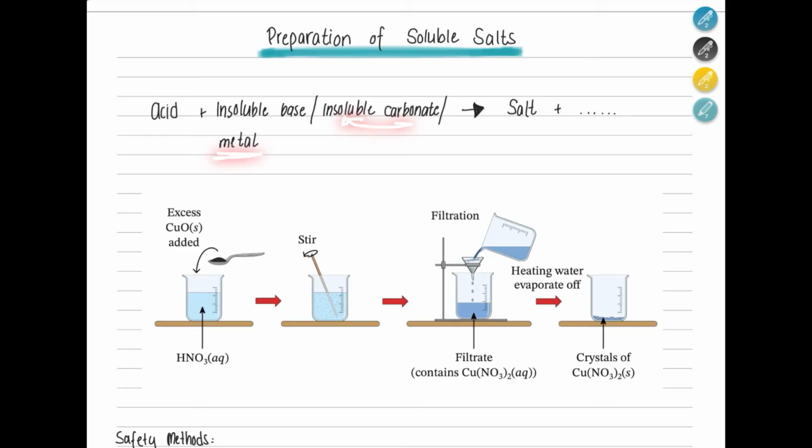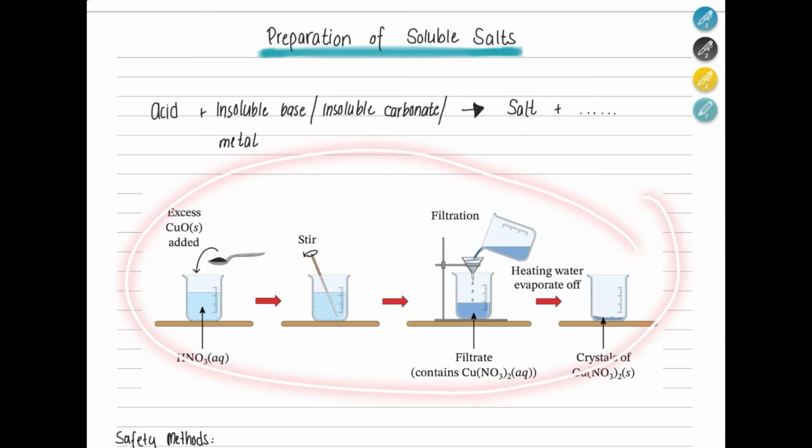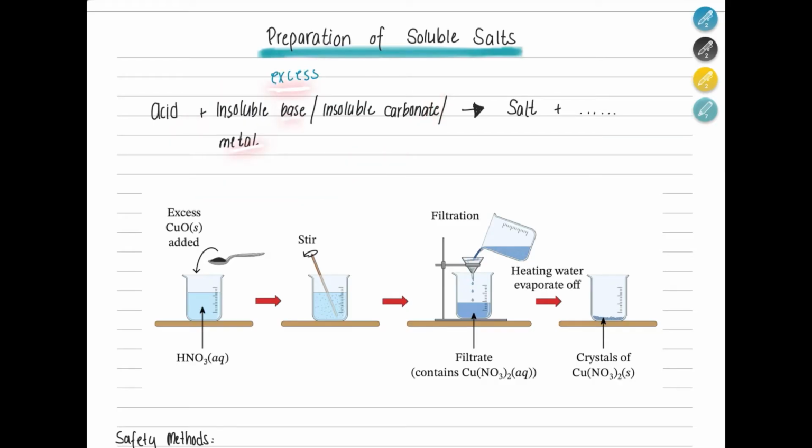Or if you have a metal, acid plus metal, when you're reacting them together, you will get salt plus and so on. It depends on your equation. When you react them, this is the process you have to follow. But before we move on to the process, remember these substances must be in excess. Why are we using an excess of metal, excess of base? This makes sure that all of the acid gets reacted, and then you can just filter out the insoluble substance